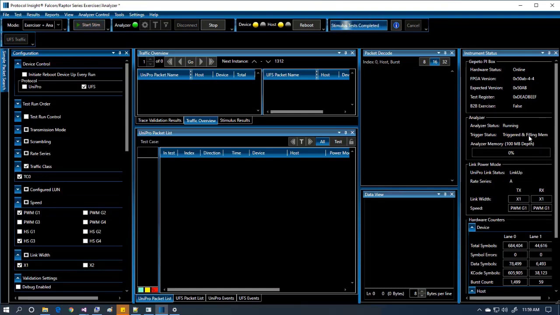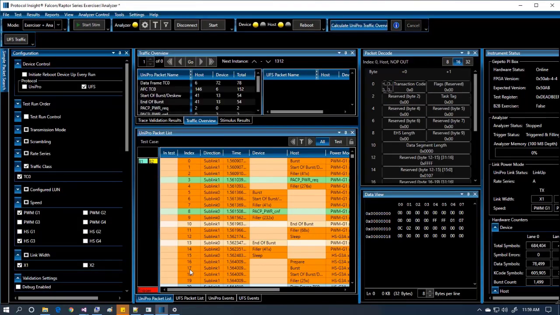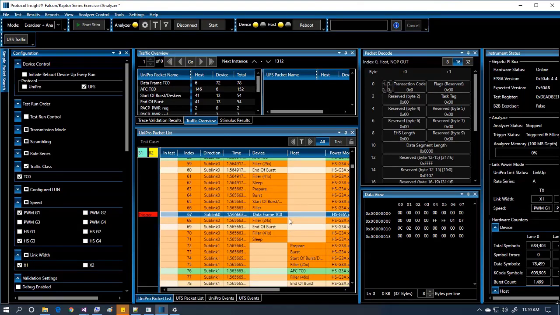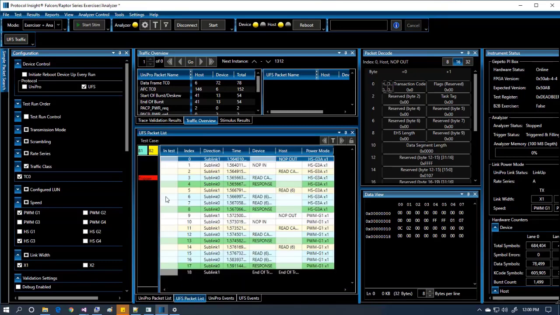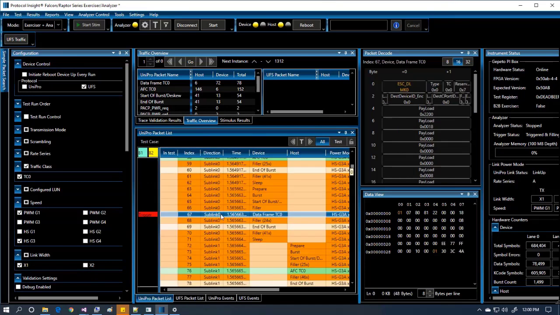And you'll see once again we've gone to triggered and filling memory. So I'll click stop, and you'll notice on our Unipro side I do have a trigger. And if I double click it, you'll see it's on this data frame down here. Well, data frames are how you encapsulate UFS data. So if I go over to my UFS packet list, I should see that trigger is on, in this case, a read capacity 10 response data in. So it was the first data in packet that I encountered in UFS after seeing my power mode changes occur